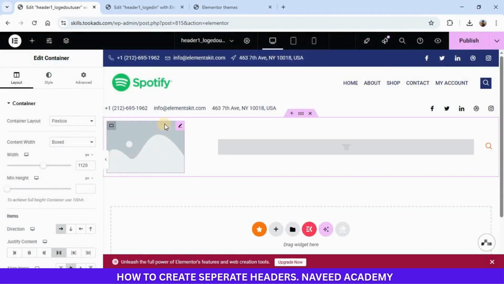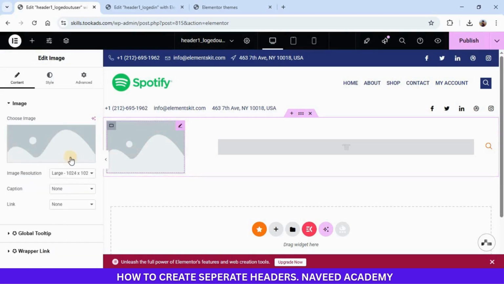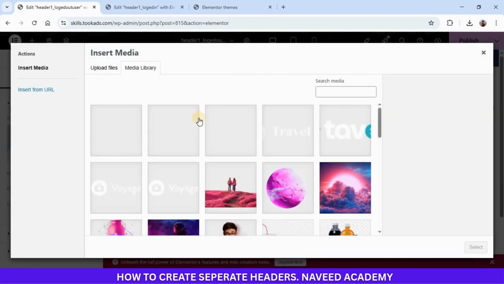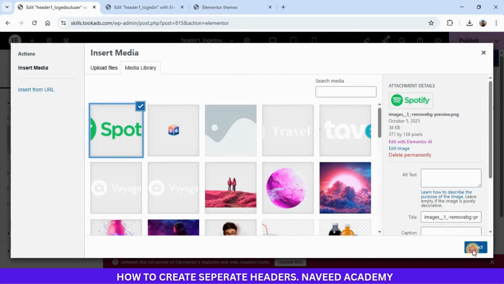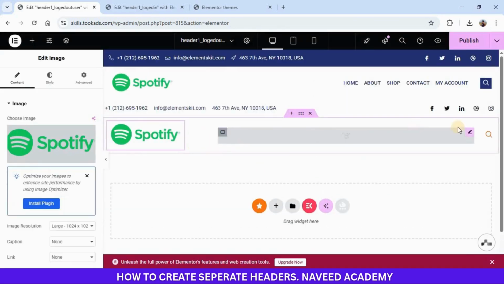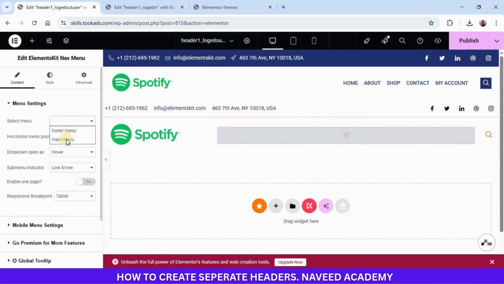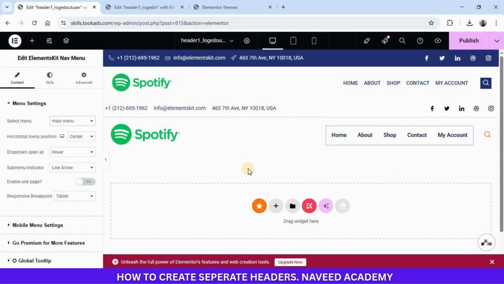Now again, we need to set the logo. After setting the logo, click here on this pencil icon and select the menu to main menu. Now you can see that in our second header for logout users, we have logo. We also have navigation items and search icon. Now publish it.